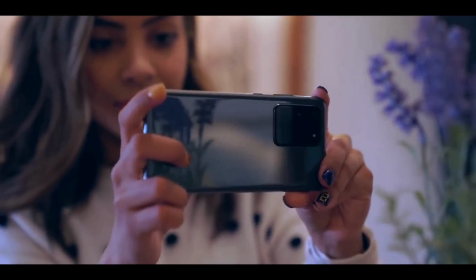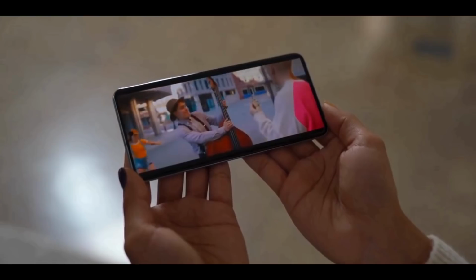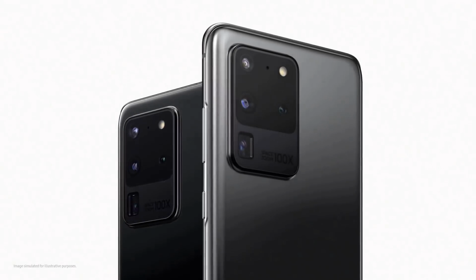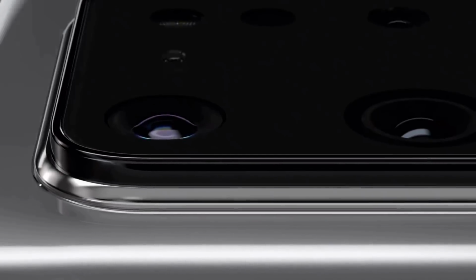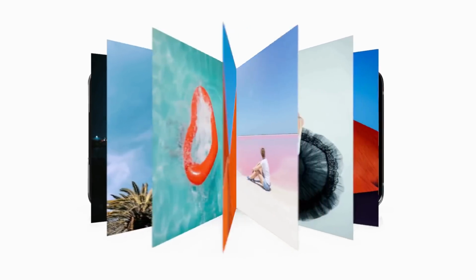The Samsung Galaxy S20 Ultra is made of glass and aluminium, and it is protected by Corning Gorilla Glass 6. The specs of this smartphone rival the likes of laptops, meaning it's more than you will ever need. The internal specs are all top of the line: a 7nm chipset, Qualcomm Snapdragon 865 in the US or Samsung's Exynos 990 in the UK and Europe, 16GB of RAM, 512GB of internal storage, and a microSD card slot for